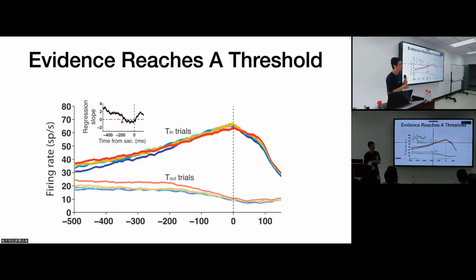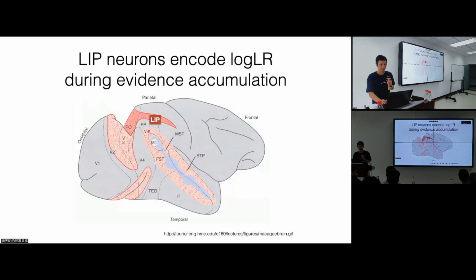This means that it has a fixed threshold and not collapse. Yes. In this case, the monkey does have a fixed threshold. Yes. Okay. So